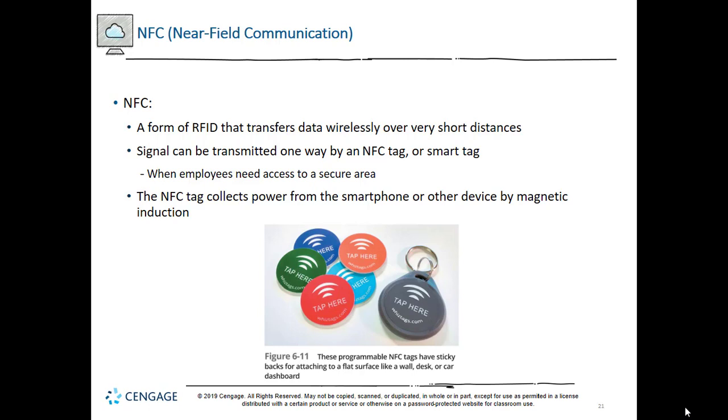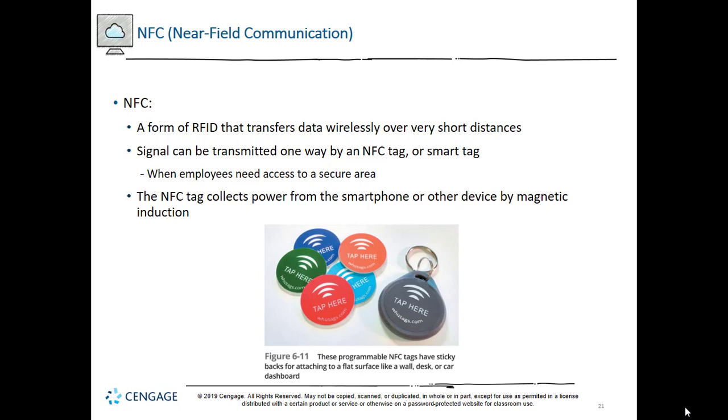The signal can also be transmitted one way by an NFC tag or a smart tag, such as when employees need to access a secure area of a building. Other uses of NFC tags include ticketing, cashless payments like you do at the store, shopping, loyalty or membership programs, stuff like that. You can see, as we have shown here in the graphic,